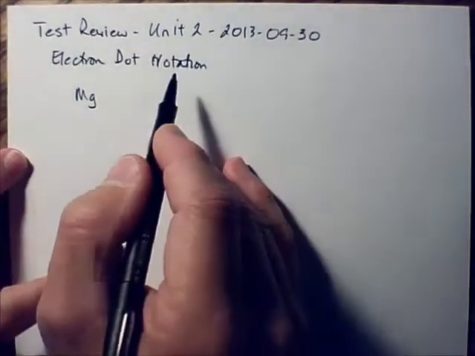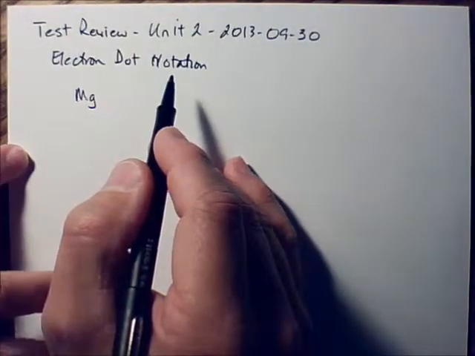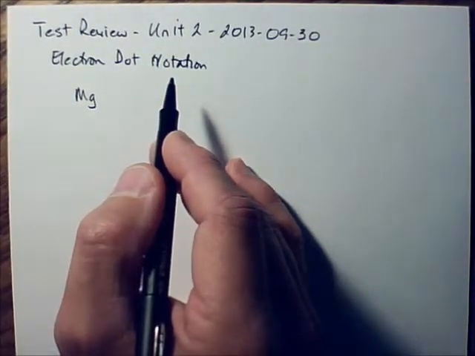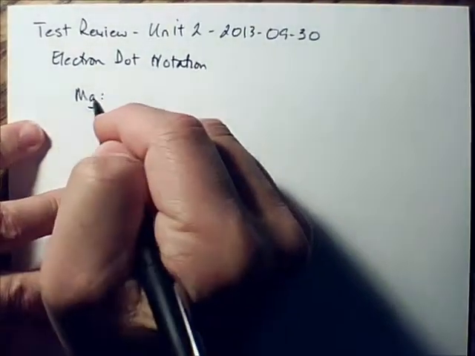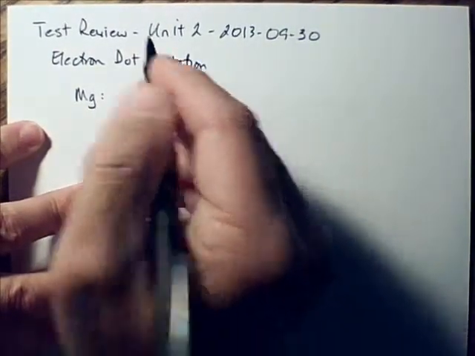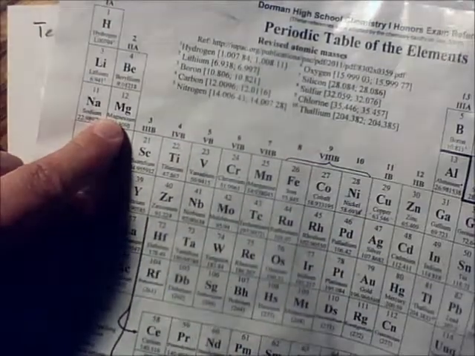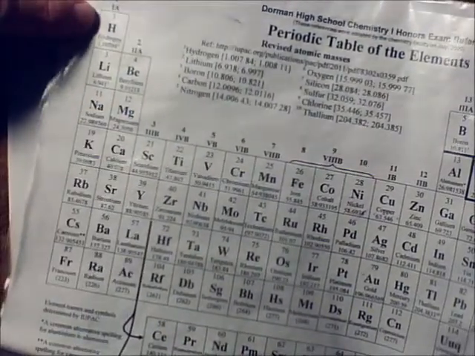And so to get the electron dot notation, I want to start with orbital notation first, because that's how we learn to do that. So starting with the orbital notation, magnesium is here in the third row of the periodic table. And so that means that